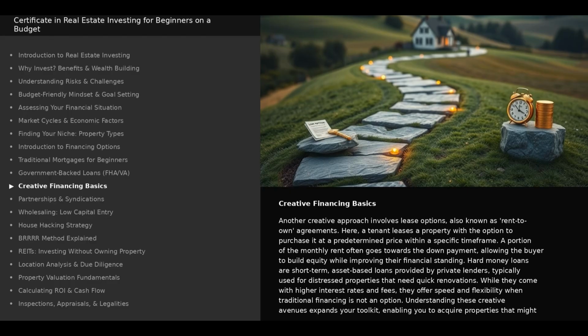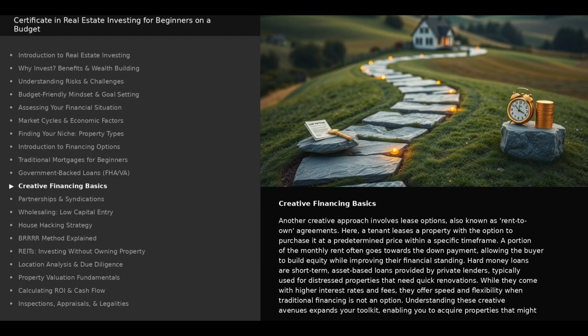Another creative approach involves lease options, also known as rent-to-own agreements. Here, a tenant leases a property with the option to purchase it at a predetermined price within a specific time frame. A portion of the monthly rent often goes towards the down payment, allowing the buyer to build equity while